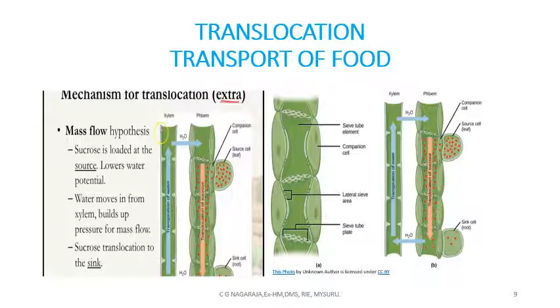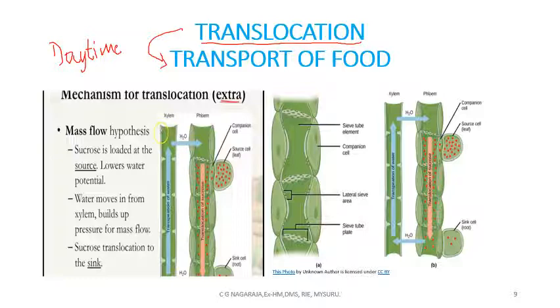Now, the word translocation is used for transport of food. You know, food is manufactured in the plant during daytime. All the green plants will prepare food in the daytime, and that process we call photosynthesis. And during that time when the food is made, food is stored in the leaves in the form of starch. Here I will show you starch.